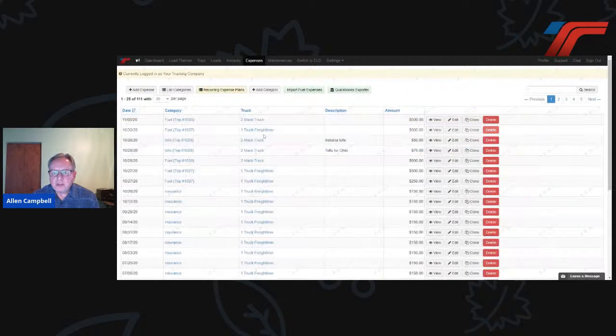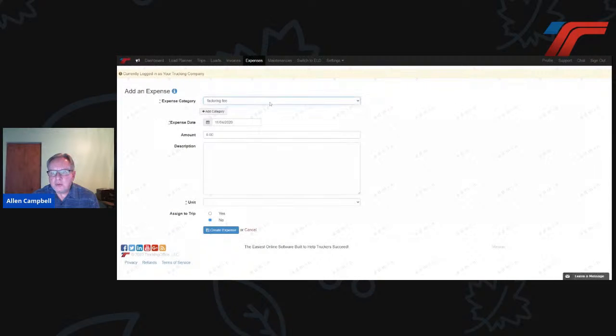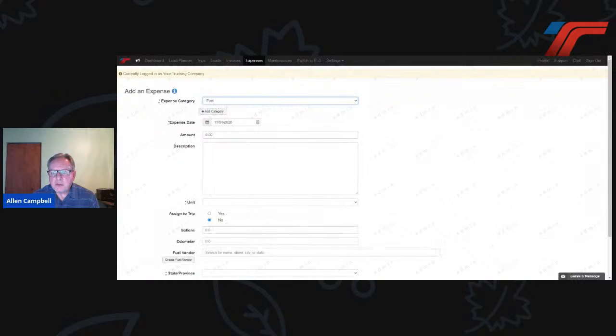Expenses, let's enter an expense real quick. Let's say we will add in an expense for fuel. The most common thing, we'll go through a lot of fuel, right? We'll say we bought fuel today. Let's say we bought 450 gallons. We'll say it's for